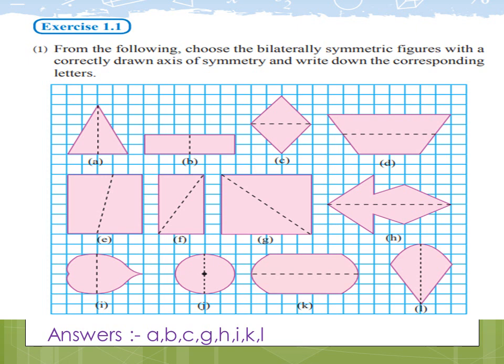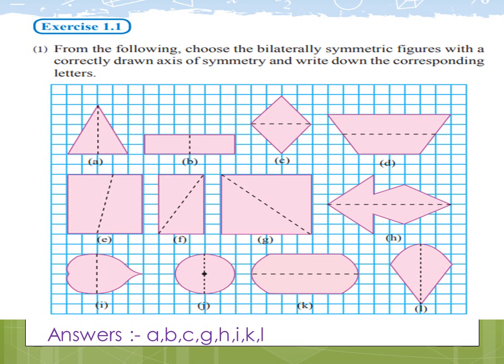And guys, B is a rectangle, so even that is a bilateral symmetric plane figure. And C is also a bilateral symmetric plane figure. I think you can see two triangles there. So this is not a bilateral symmetric plane figure, as I see it. I think you can see that it is not bilaterally symmetric, and the dotted line is not going in the correct place. So it is not a bilateral symmetric figure, because